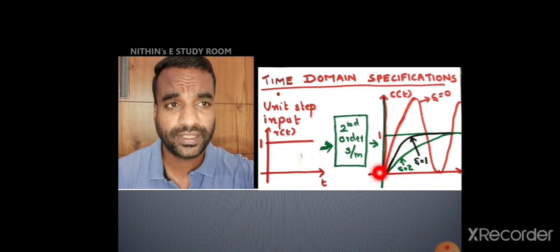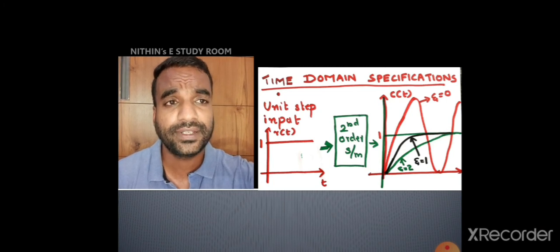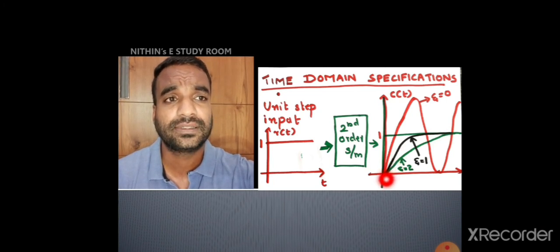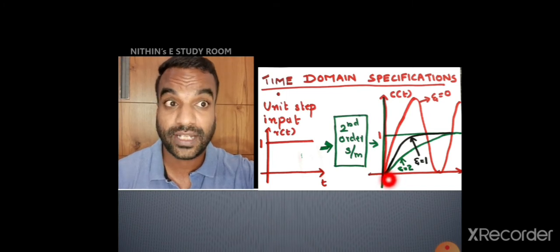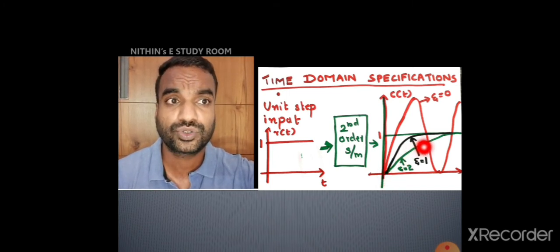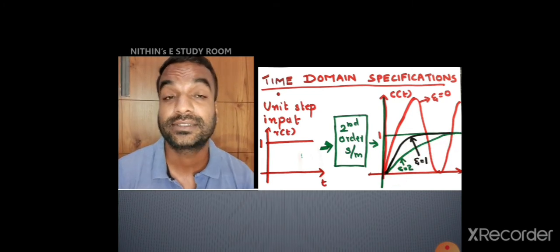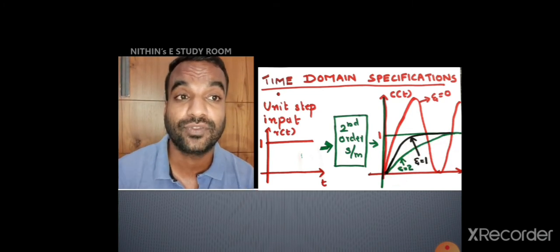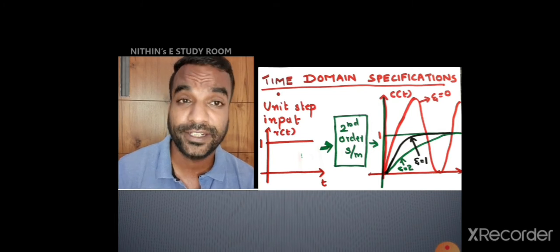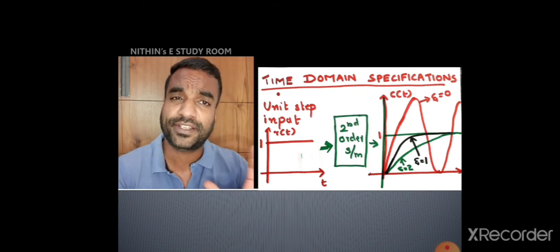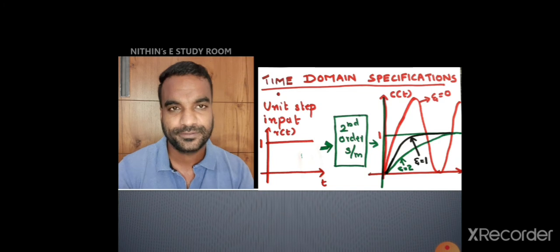So if eta is equal to 1, it will perfectly go to 1. And if eta is greater than 1, what happens? Eta is equal to 2. It is known as an over-damped system. It will also go to 1 without any oscillations. But the issue is that it takes much more time to reach 1. It is very slow because we are providing high friction. Eta is greater than 1.